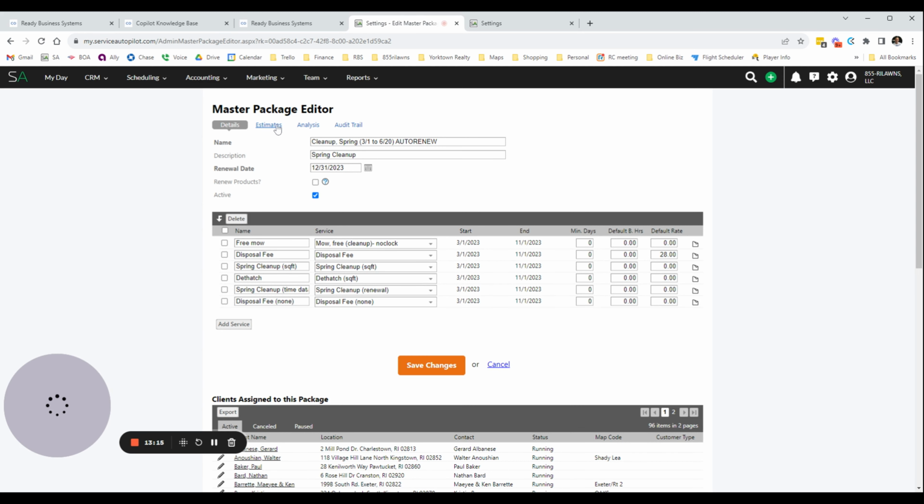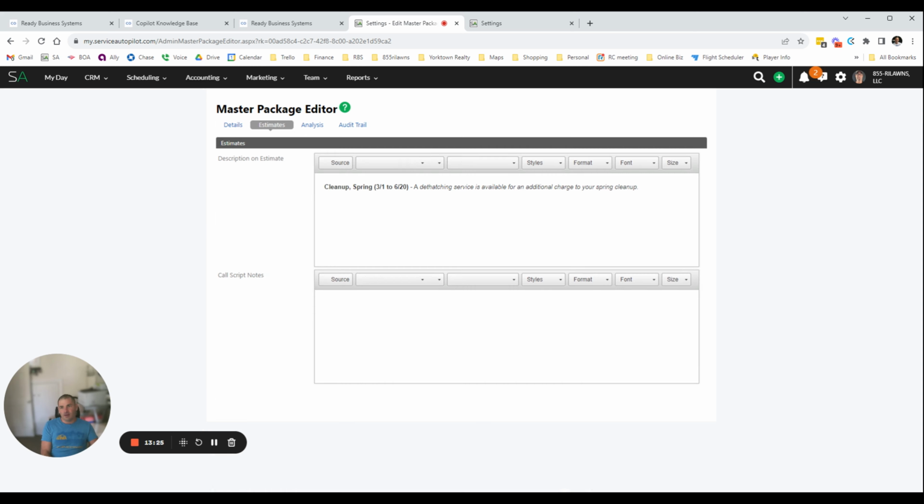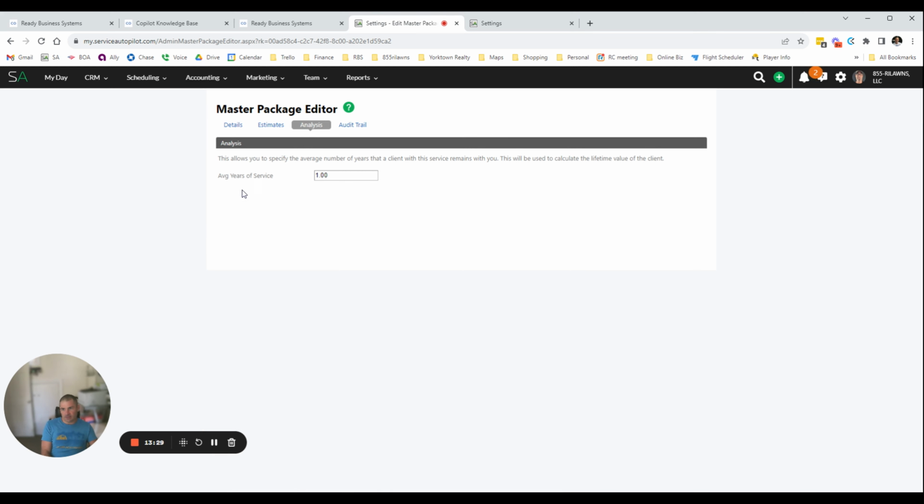We have clients that are on the package. So anyway, we got clients on the package, and we have the services included, which we do have here. We also have estimate description, call script notes, never use that. Analysis, I don't even, honestly, it's probably in the report center somewhere. And we have an audit trail. So